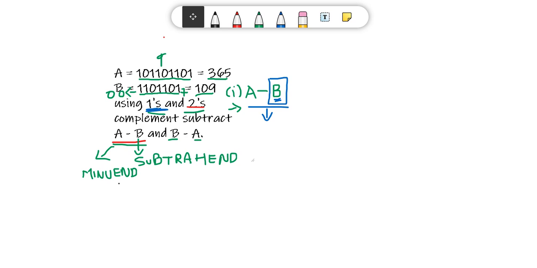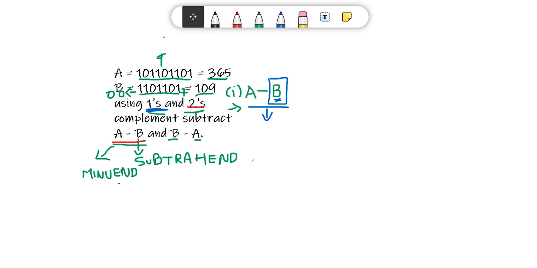Once I finish, that is my first step: I take this subtrahend and change it to the complement, whatever is required.